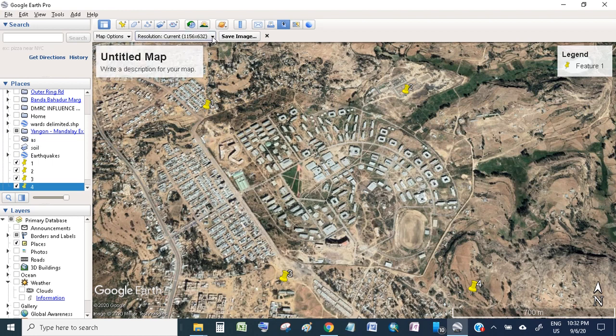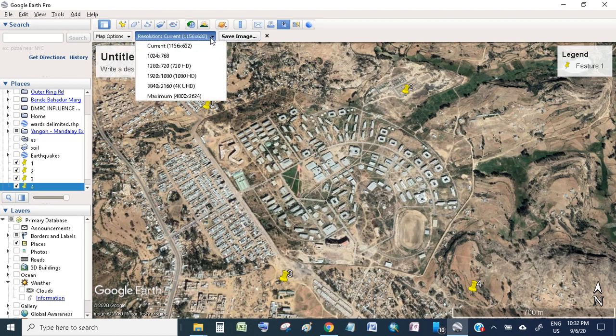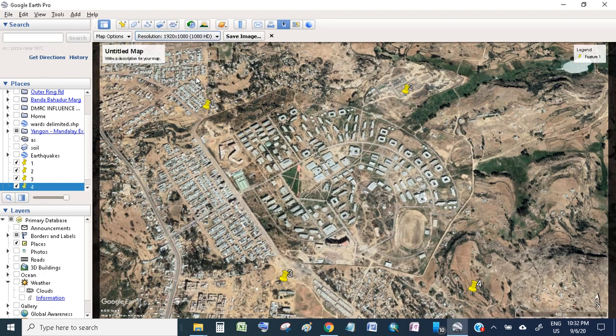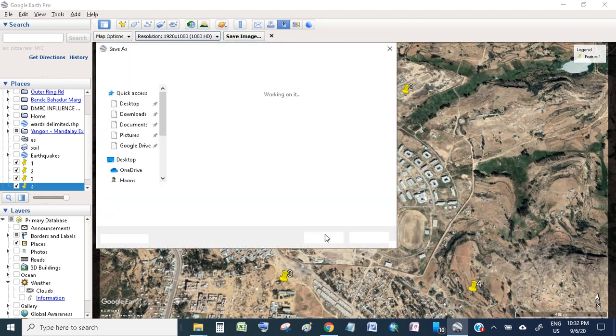So here options are given, what resolution you want. If you are doing some very important work where the corners are also very important, if you want to give a special resolution better, then you can make this 1080 SD quality, and your image quality will be very, very nice. Save image,